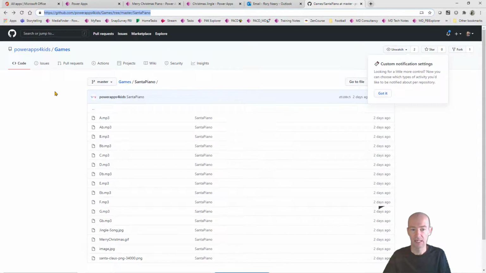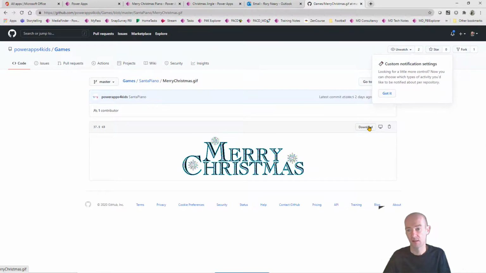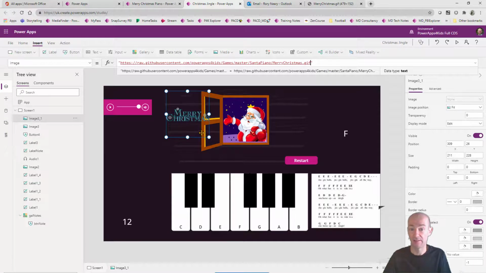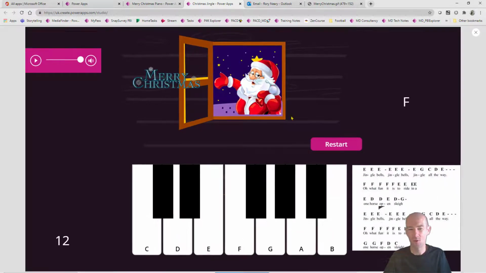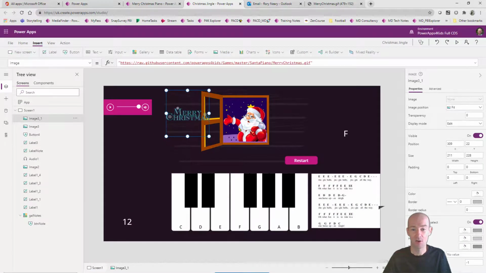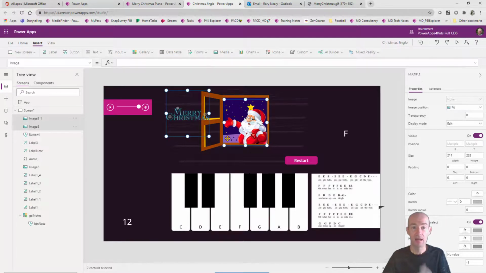So we've got a GIF, and a GIF is a special type of image that is moving all the time. So this bit at the end is the only thing that changes. So we're going to have Merry Christmas.gif. So I'm going to go onto there, and it should say Merry Christmas.gif, and that'll work. Now that's not quite what we need yet, because we want this to appear right at the end. So I'm going to click on this, make this jump in here, and then what I'm going to do is make this visible